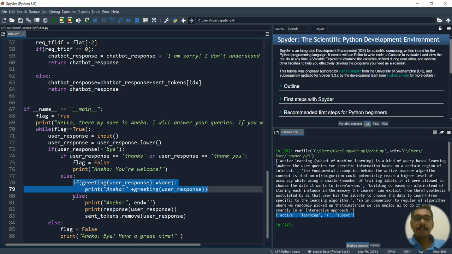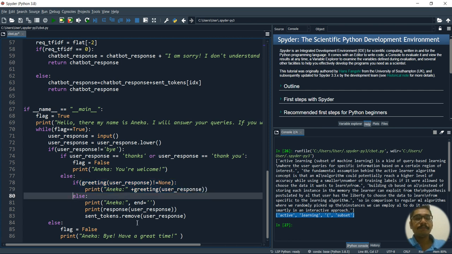Else, if it's not a greeting message, but instead he's searching for some particular answers or queries, that is done by this. The responses will be appended down the line, and whatever tokens the user has sent will automatically be flushed out.